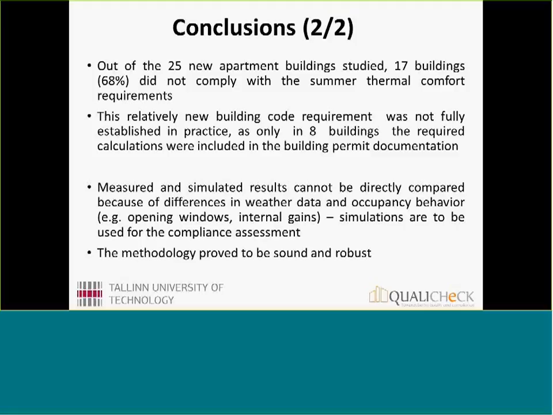So there is basically no need to apply mechanical cooling, but passive measures should be applied when it is possible to